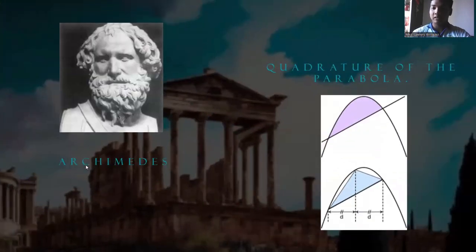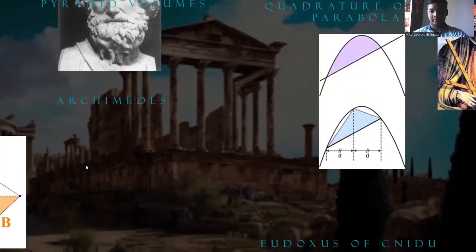In Greece, Archimedes used the method of exhaustion, which is the mathematical technique for finding the area of a shape by inscribing polygons inside it, to calculate the area under the parabola in his work Quadrature of the Parabola, which is the exploration of the ratio between the area of a parabolic segment and the area of a triangle, like the image being shown on the screen. And now we have